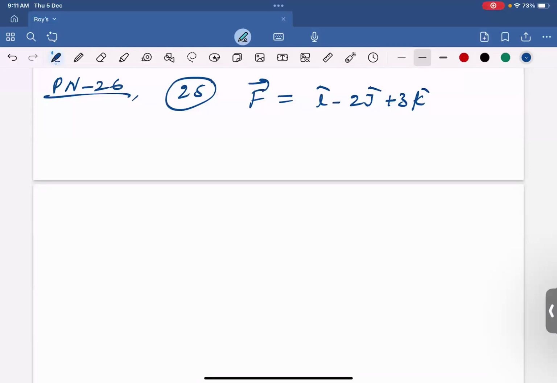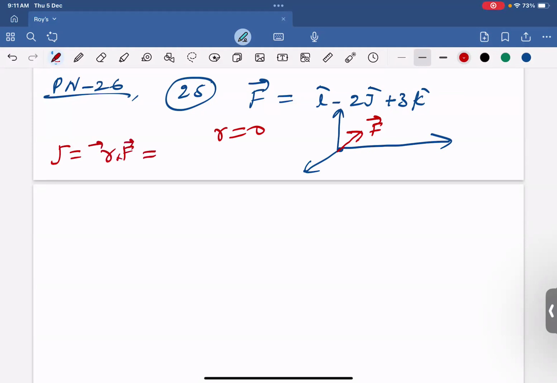ओके, ये बॉडी ओरिजिन पे ही है, और ओरिजिन के अबाउट ही टॉर्क पूछा जा रहा है आपसे। मतलब डिस्टेंस कुछ है ही नहीं, यहीं पे आपने फोर्स लगा दिया। तो r जीरो हो गया। अब r अगर जीरो हो जाएगा तो टॉर्क का फॉर्मूला क्या होता है, r क्रॉस F। तो r ही जीरो है तो नेट टॉर्क भी जीरो हो जाएगा। ठीक है। ओके सर।